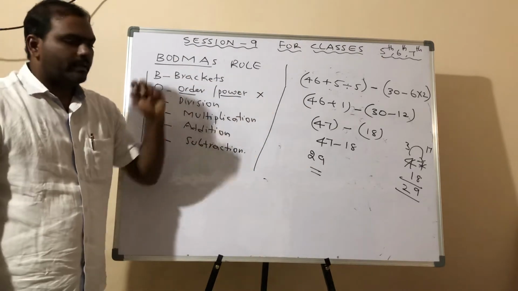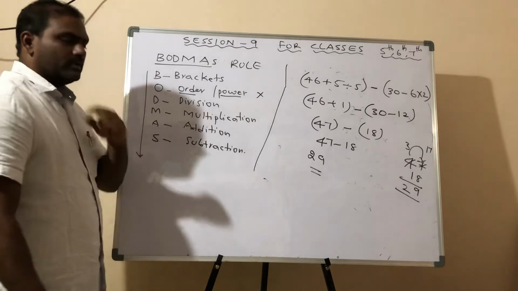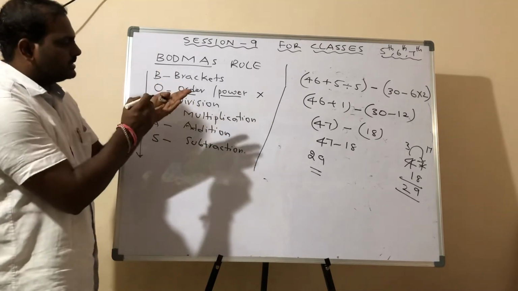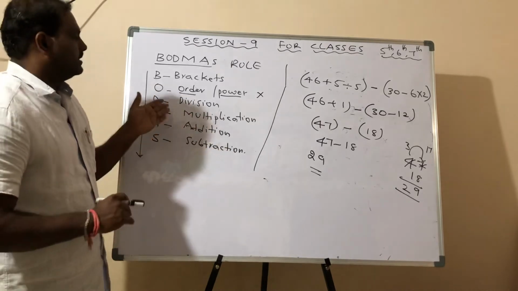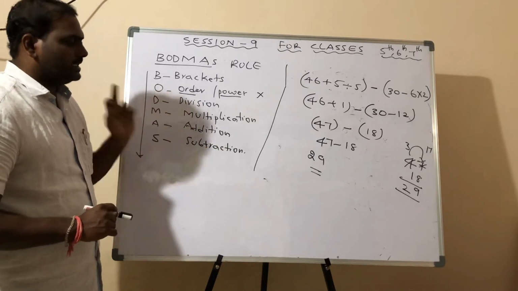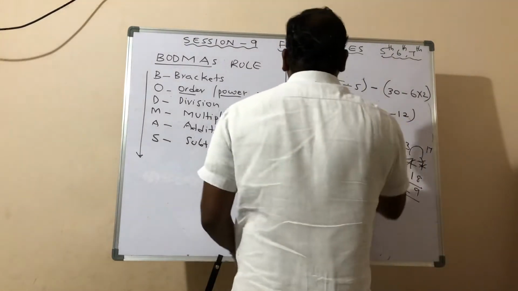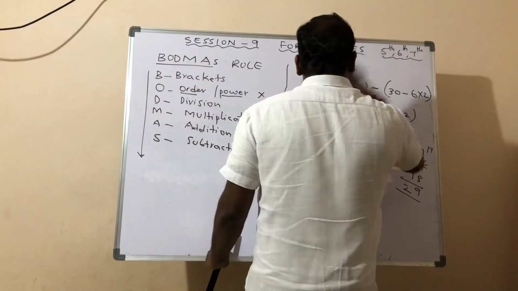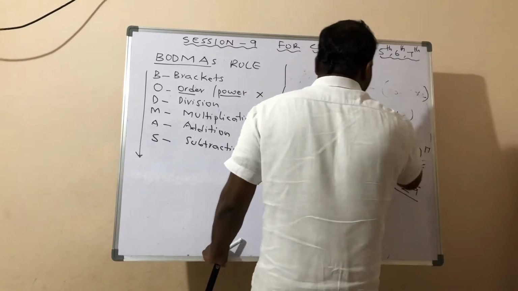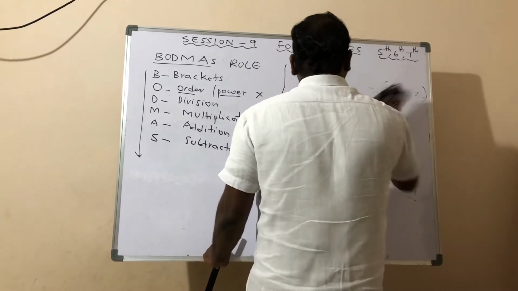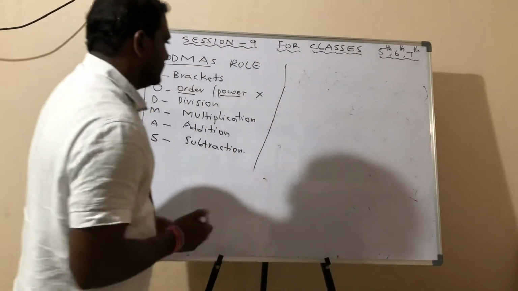So in that type of combination of questions, you have to follow the same order. Okay. So means first brackets, orders and powers are not included for you. Then division, multiplication, addition and subtraction. Now I will go for one sum with a combination of division and multiplication and subtraction. Okay, so look at the question how it will be. So like this you can frame your own questions.